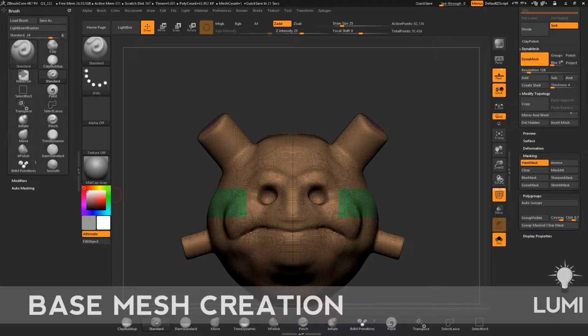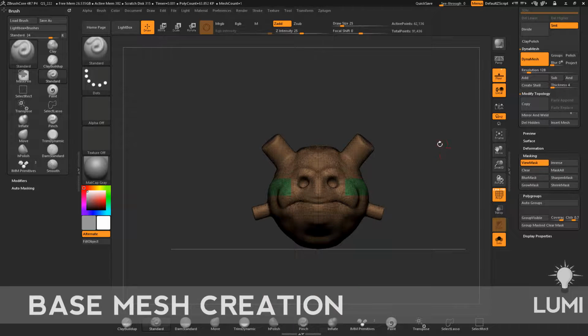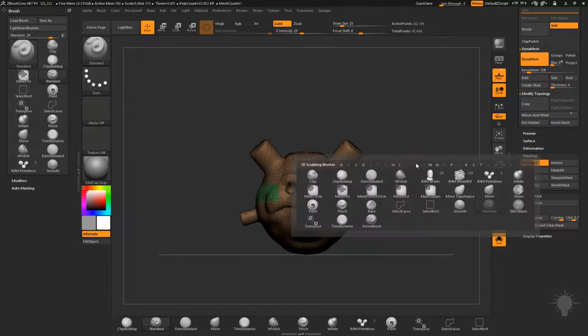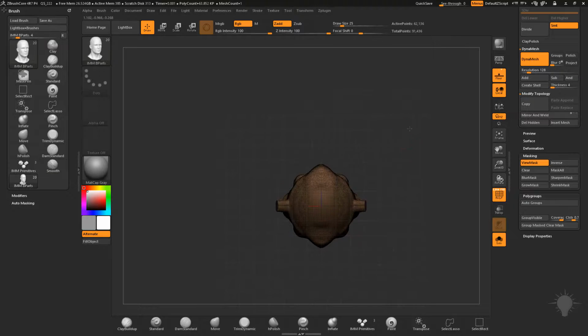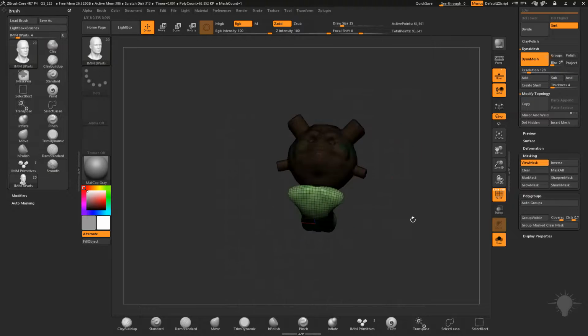Let's talk a little bit about base mesh creation techniques. And we already know one of them, and that is just with insert body. So I can go B, insert multi-mesh body parts, hit M, and I'm sure there's a male torso in here, so we can go to the bottom here and we can drag a male torso out,